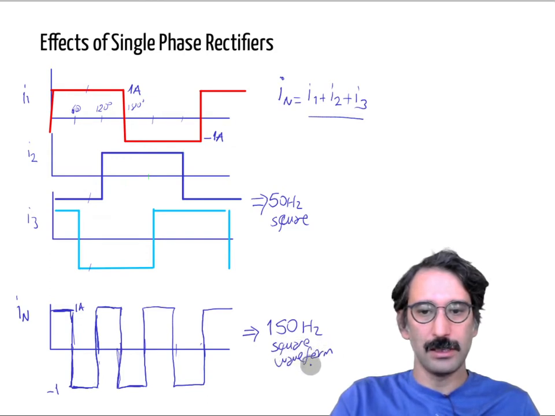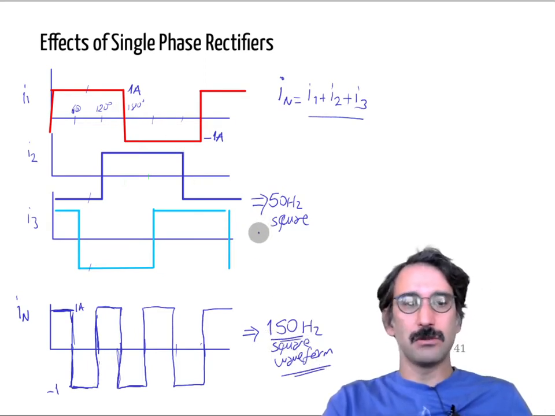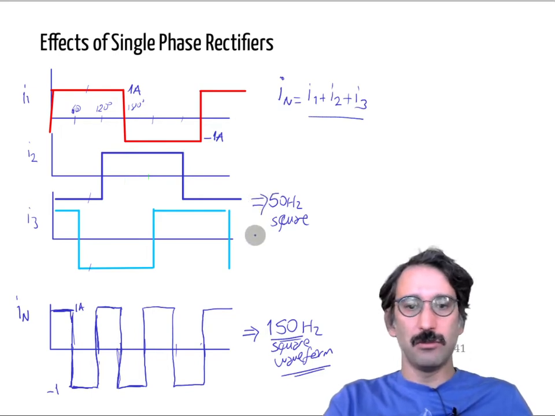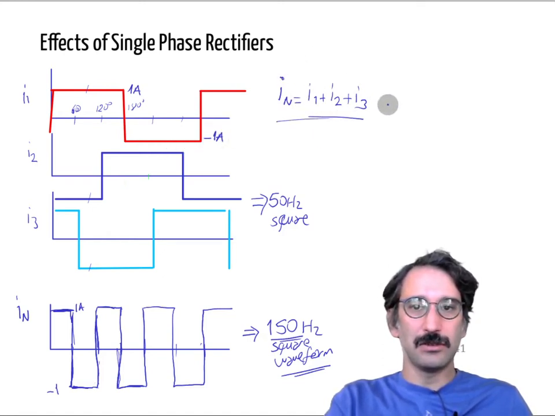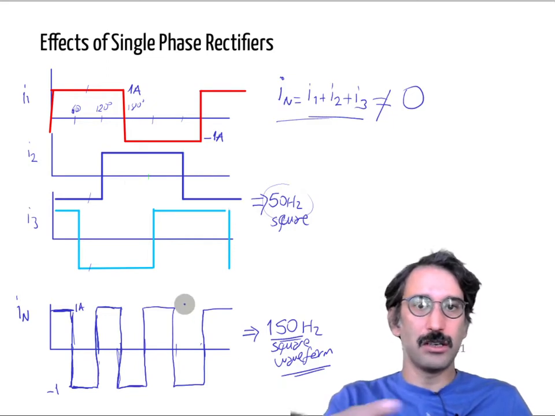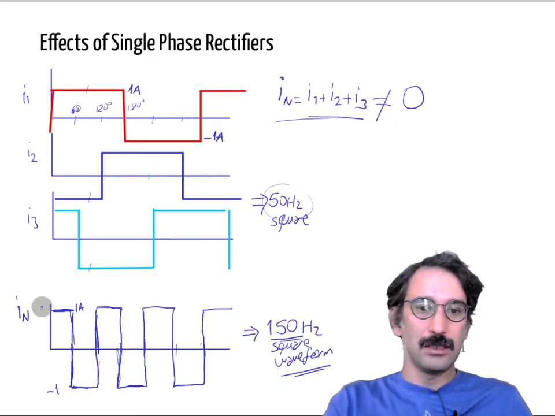That is kind of important, and that actually shows us why THD is important. So even if you have balanced, 120 degrees shifted currents, that doesn't mean the addition of them will be equal to 0. Actually, yes, the 50 Hertz components cancel each other, but the third harmonic components are adding up, and you see actually the same magnitude. It is 1 amp to minus 1 amp